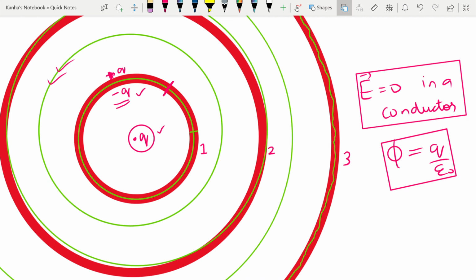Next, if I look at this Gaussian surface which is passing through the second shell, what do I see? First of all, let's make the charges that we had made before. As this Gaussian surface is passing through a conductor, the flux through it, or the electrical field inside the conductor, needs to be 0.